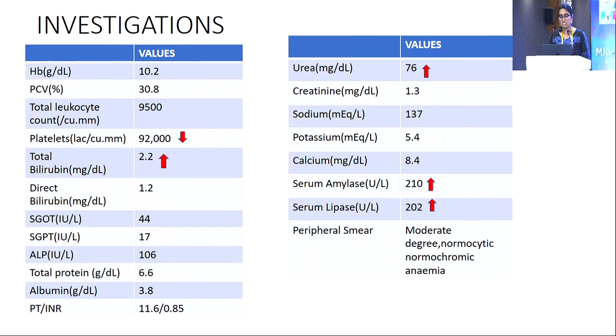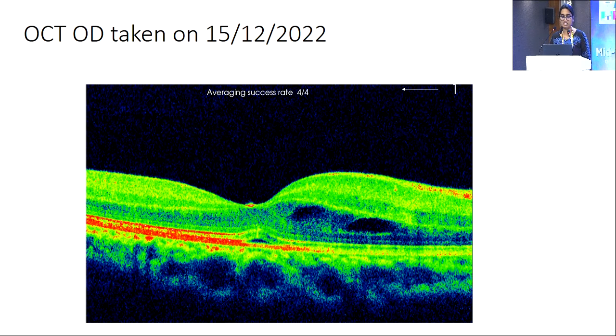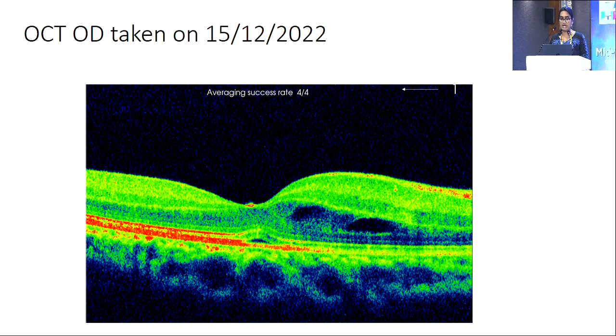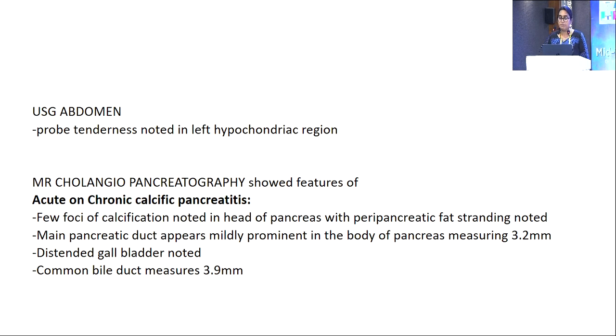Routine investigations were done, and the serum amylase and lipase were found to be elevated, suggestive of acute and chronic pancreatitis. OCT showed elevation of the perifoveolar region. Edema was noted in the inner retinal layers between the disc and the macula, which was more pronounced in the right eye than in the left eye. The patient was subjected to a routine USG abdomen followed by MR cholangiopancreatography, for which the features were suggestive of the